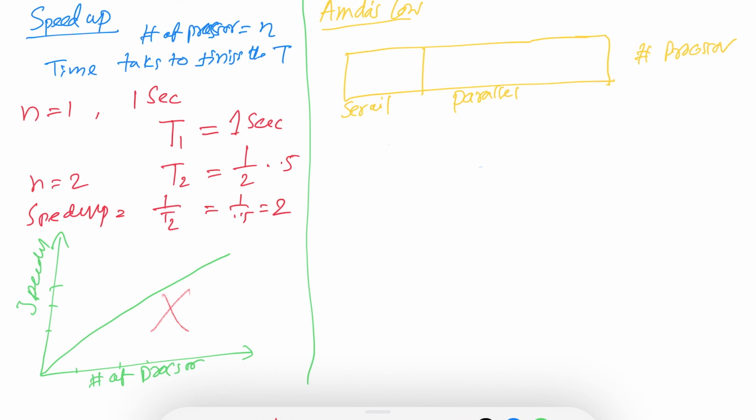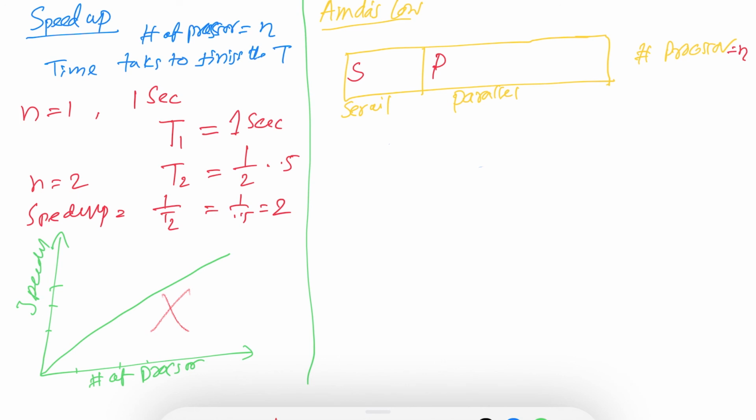Let's denote the serial part of a program as S, the parallel part of a program as P, and the number of processors as N. A serial process is like an array or linked list that is not possible to process in parallel. However, other data structures like a graph or tree, most of the data can be processed concurrently. So these three parameters need to be defined to determine how much speed up can be achieved